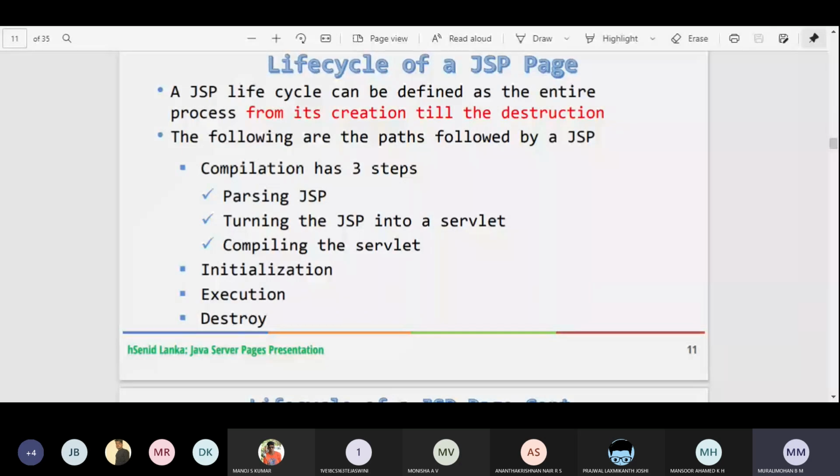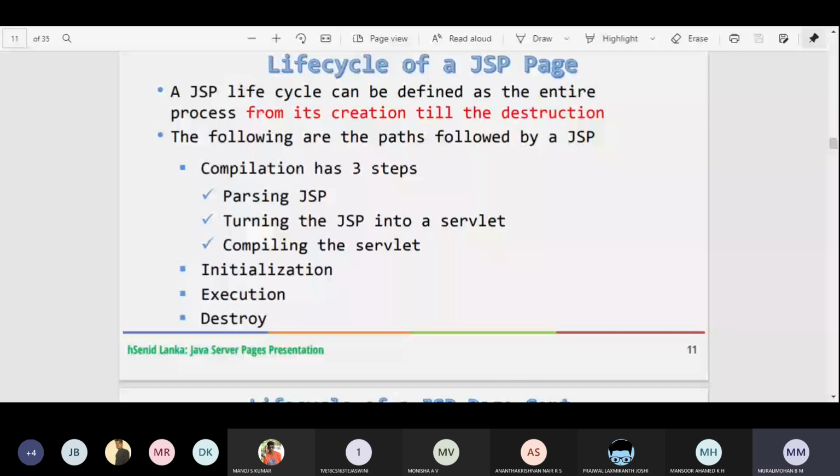So the life cycle includes everything from the point where the page has been created to the point where it has been destroyed; this span we call a life cycle. What will happen in this life cycle? Compile the JSP file. Once it is compiled, then initialize, execute, destroy. Have a look at this diagram.